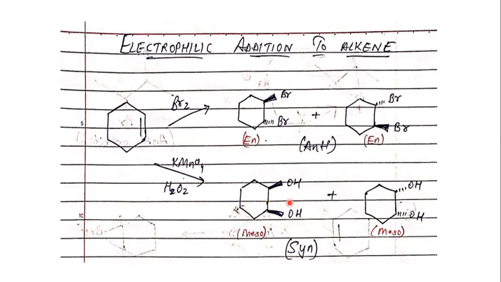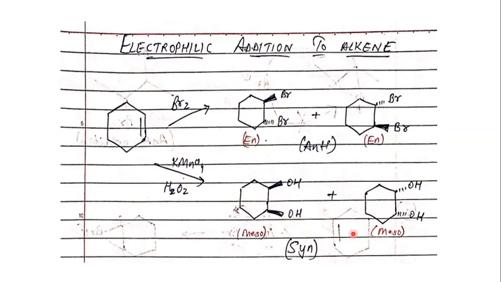If you remember our chirality centers from last semester, if I divide the molecule in half exactly horizontally, what is there on the top is exactly what is there on the bottom. That is how this compound is meso. Same goes with here. If I divide the molecule exactly in half, what is there on the top is on the bottom. So again, a meso compound. This kind of addition is called syn addition. Syn meaning both the configurations of the electrophiles on both the carbons will be the same. So this is anti-addition, this is syn addition.